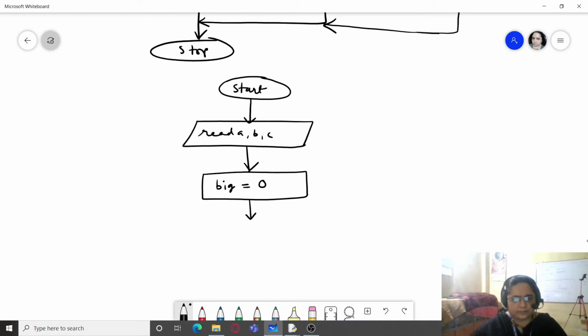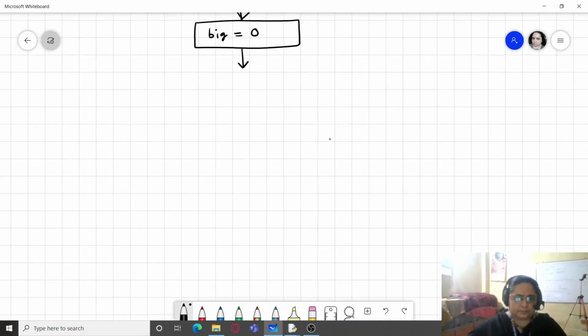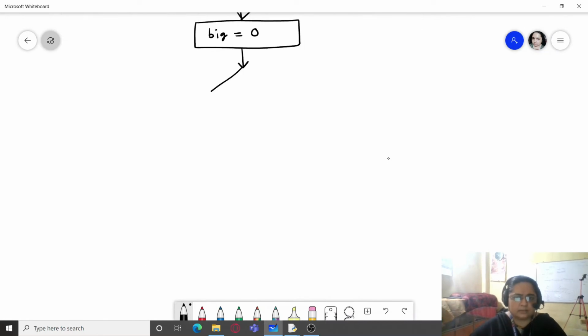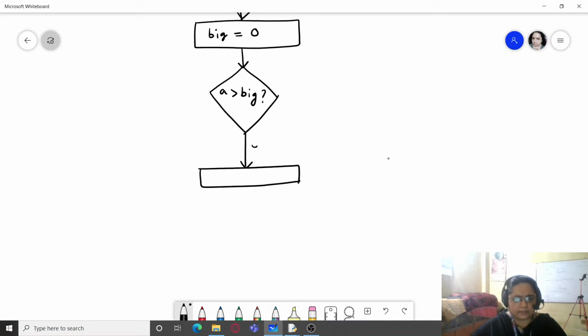Now I will start a decision box: is A greater than big? If A is greater than big, then we will assign the value of A to big. So big will store the value of A if A is greater than big.